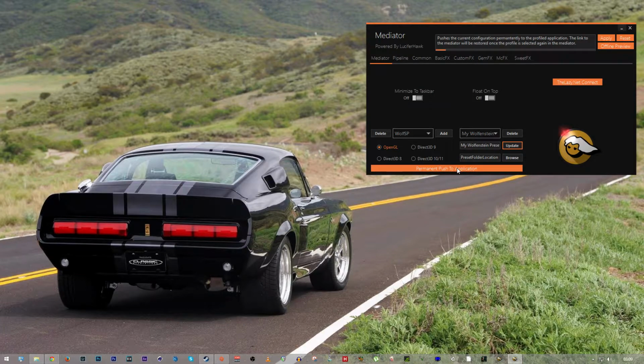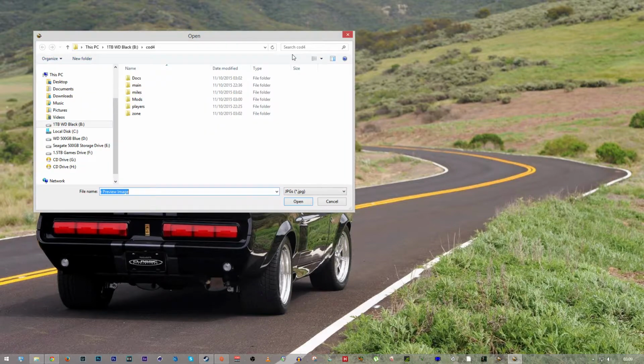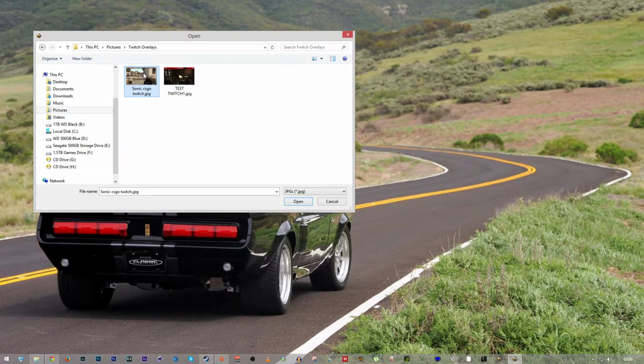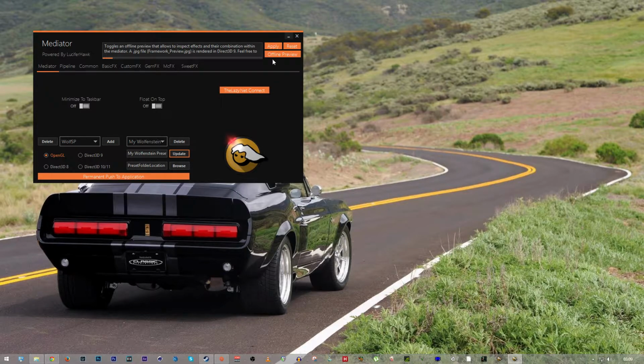And there's also the permanent push to application. So if you're totally happy with your preset and you don't ever really want to edit again, you want it there for the next time you go to play the game, you can click on permanent push to application, and what that will do is make a permanent link to the profile. So if I just click on the offline preview at the top there, we can just pick a random JPEG,